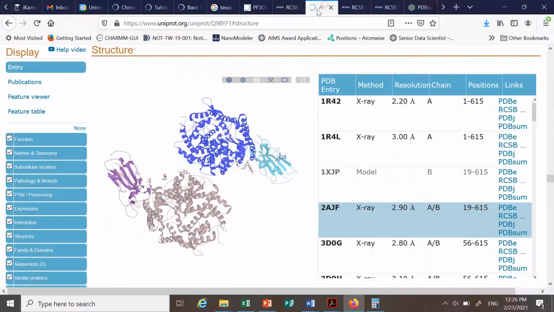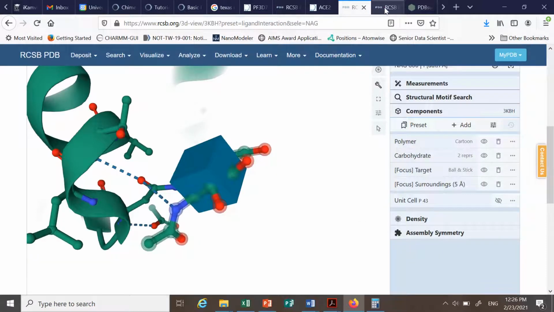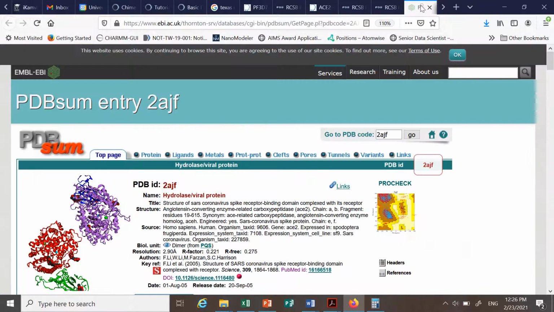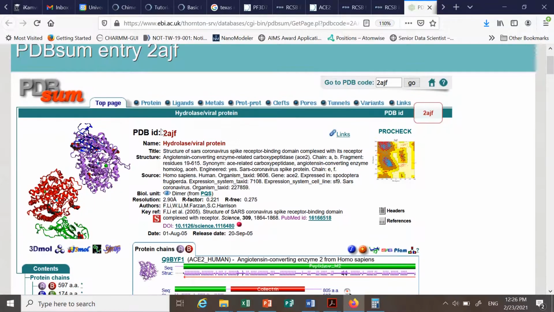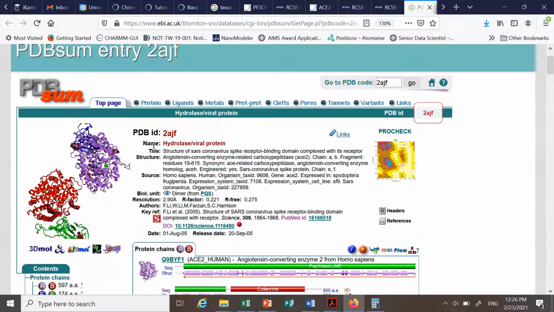Okay, where are we? Yeah. And there's still PDBj in Japan and the PDBsum summary page. So I think I opened one of them. Okay, this one. PDBsum gives you a summary page of the entry,